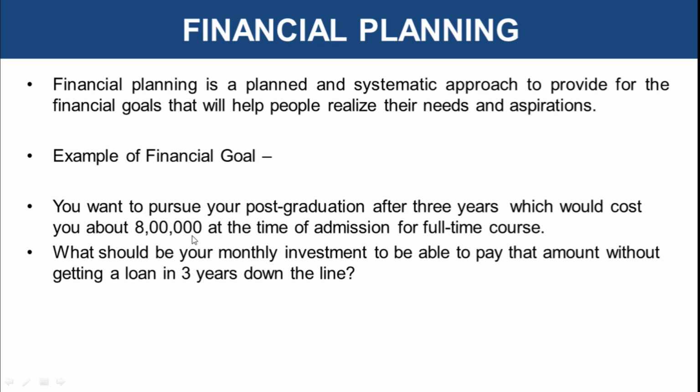Okay, when I'm telling present time, it means in future the cost may differ. So at present time it is 8 lakh rupees, whatever course you would be opting for your post graduation. Now you need to plan your finances because it's a huge amount and maybe you won't be able to afford that, but you want to study, you want to complete your studies from good institutions and all that. So how do you need to go about it? So this is just an example of a financial goal.